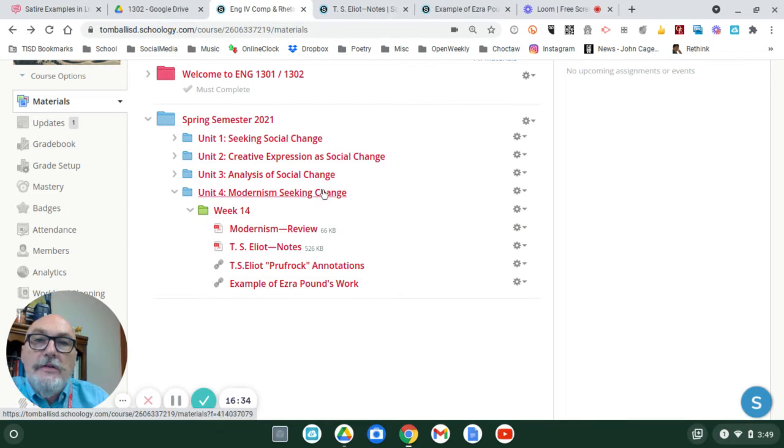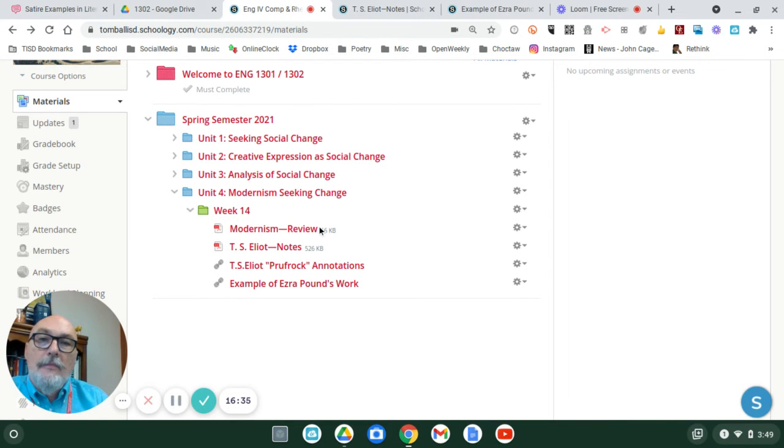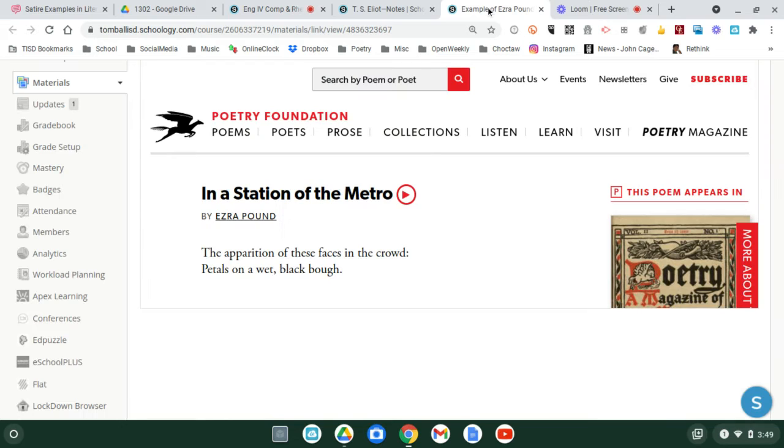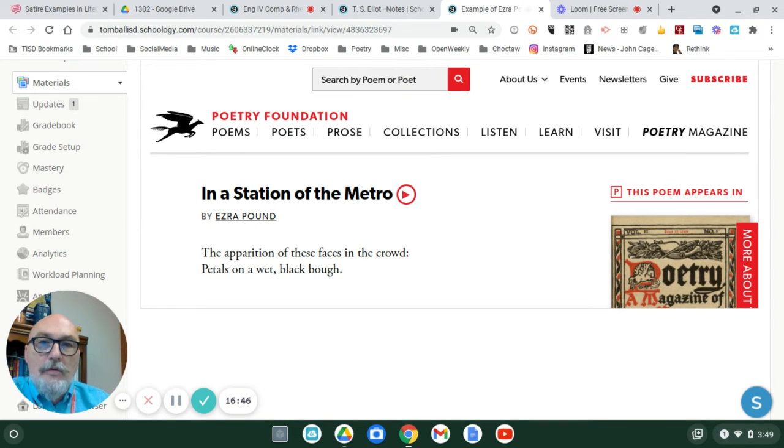Now, so that's modernism. What is next? I want to show you an example of an early writer in modernism. This is by Ezra Pound. He is the mentor of T.S. Eliot. So Eliot was taken under the wing of Ezra Pound, and they worked together, and it's roughly about 5